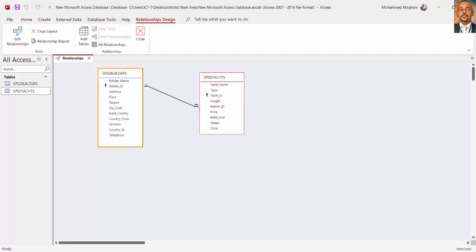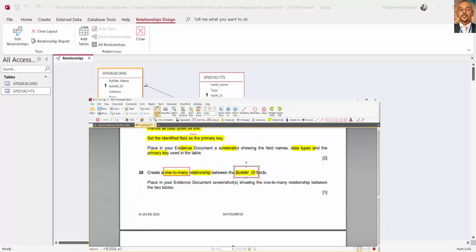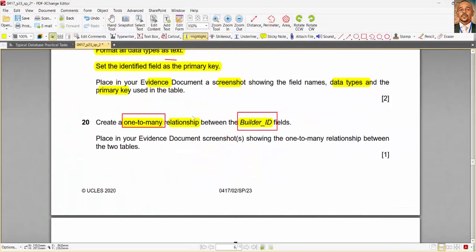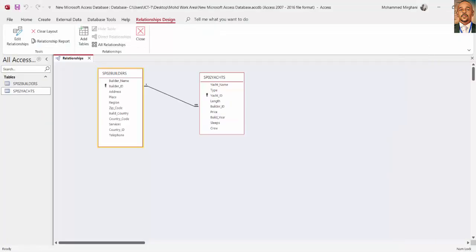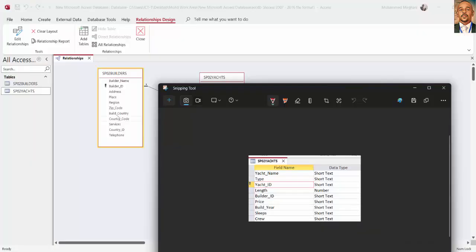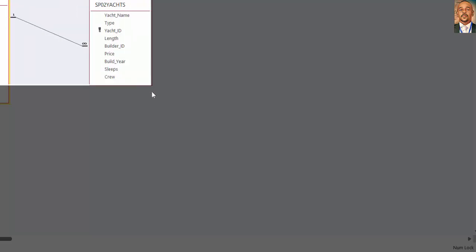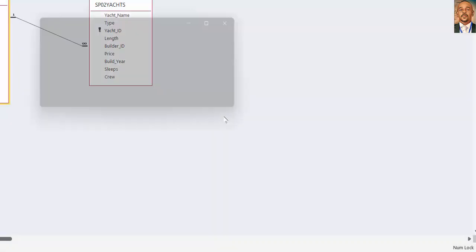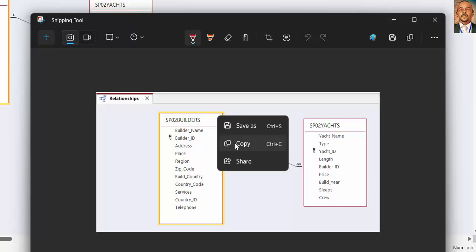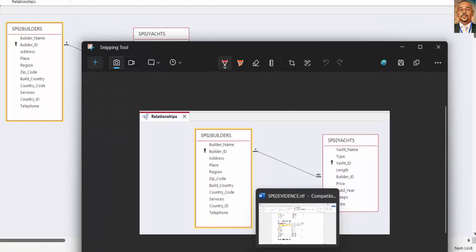So now we make the relationship, we save it, and the examiner is going to ask me for a screenshot showing the one-to-many relationship between the two tables. So to deal with this one, simply we're going to make a screenshot for this one, acceptable. You can take a screenshot for this area like this. The word relationship is important,